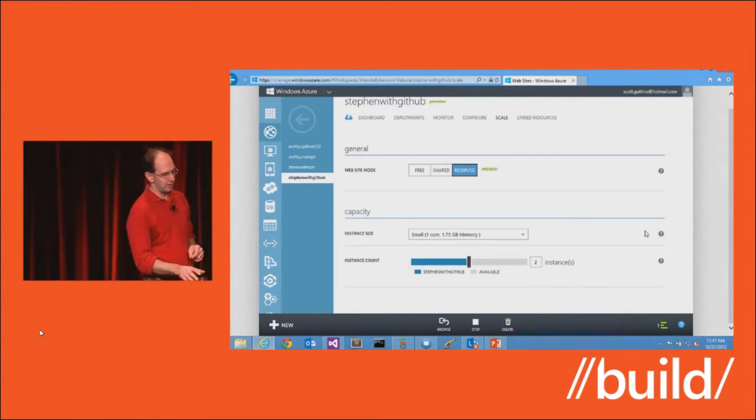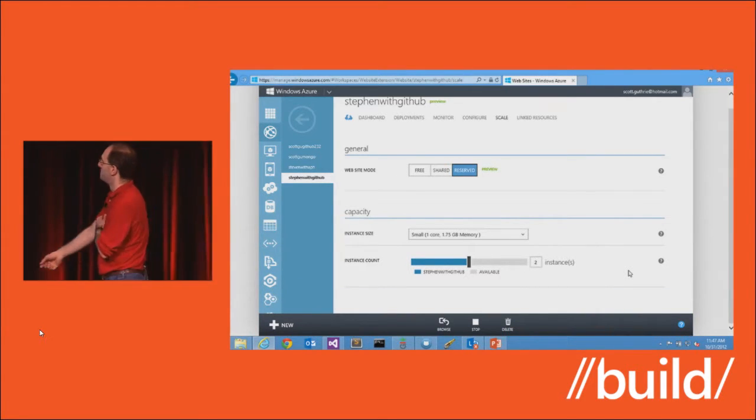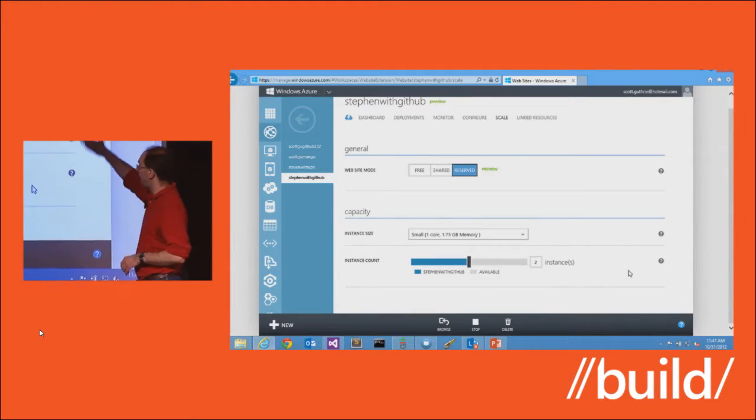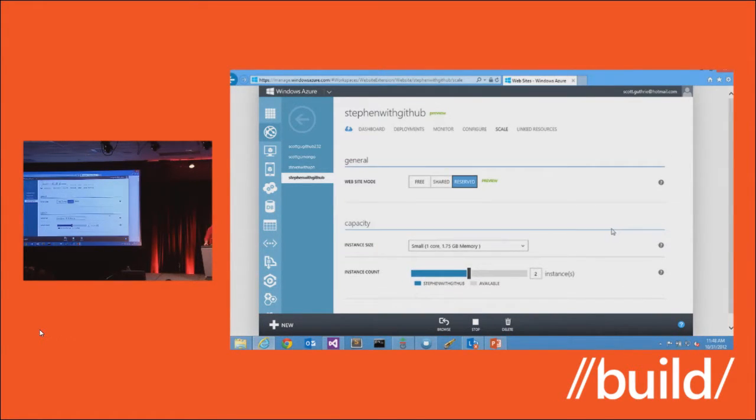I'm now running on a dedicated reserved instance, or in fact 2 of them, which is great because it's my own private credit card. I'm now running on 2 dedicated instances that are only for me, with 2 gigs of RAM each. And that was how easy it was to create the site, deploy it, and go from a free tier where I'm paying nothing to scaling it up to a dedicated reserved VM model. The beauty is, I still deploy the same way and can still update it the same way. These VMs are automatically patched for me, so I don't have to take care of that trivia.